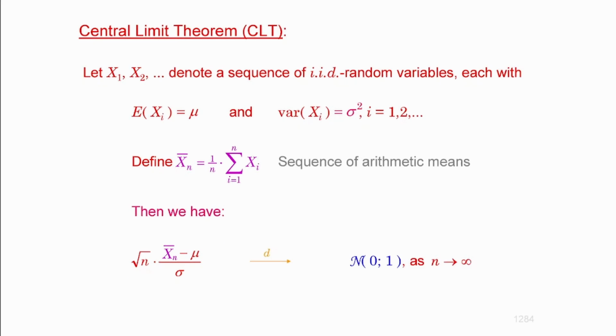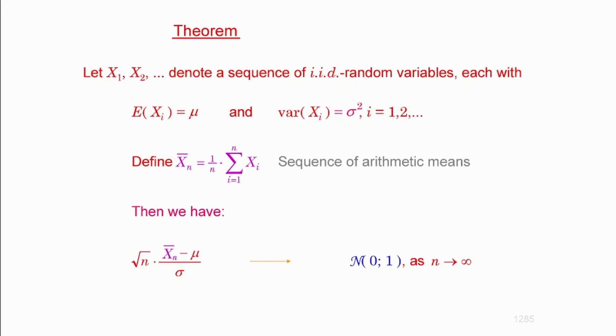Now, again, let's go back. This is a more compact notation. You don't need to have distribution functions, none of that stuff. So I think I prefer that one. All you have is the standardized mean, the standardized arithmetic mean of those random variables. And the standardized version of the arithmetic mean is converging in distribution to the standard normal distribution according to the central limit theorem. This is the Lindeberg-Levy version, by the way.